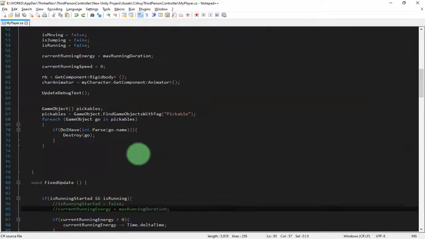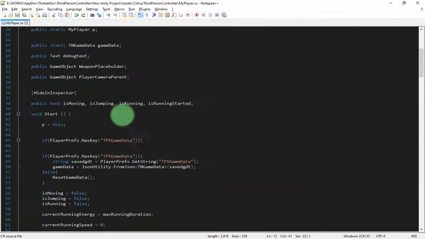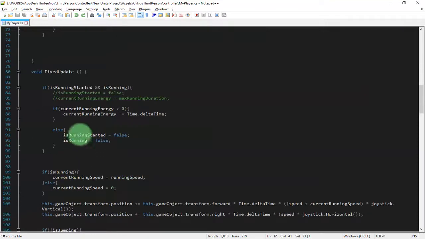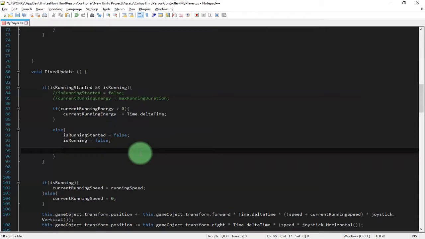Remember, I have another variable, which is the running recovery duration. I will need to start another timer to recover the player to be able to run again. So if the running energy is empty, then I will start another timer here to recover the energy of the player.